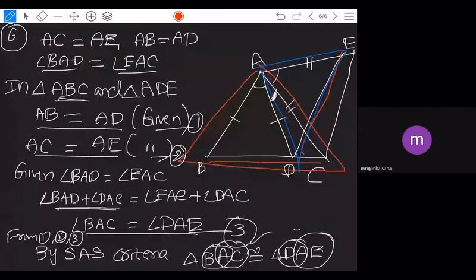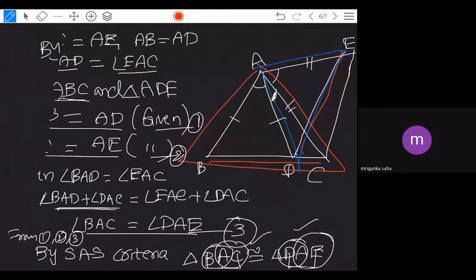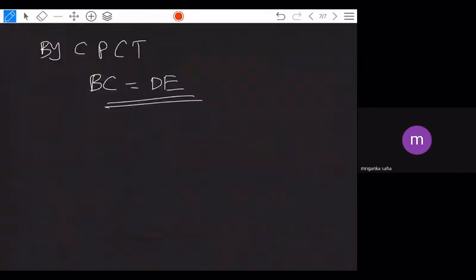Now from this you can say that the first and last part, you take BC and DE. So by CPCT, in the next step I will write here, by CPCT, BC is equal to, what is BC equal to? BC is equal to DE. This is the principle. Okay? Yes, sir. Okay, sir. Any doubt in this step, in this problem? I am showing it to you again, you can ask.